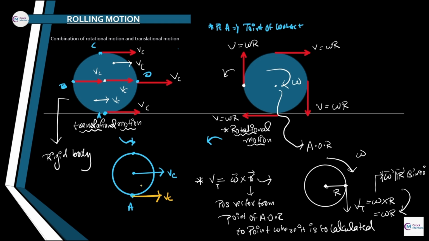Now it is equal to VC, which I have marked with yellow color, and let me choose a different color as well. Now I have chosen white, and there is a velocity which is equal to omega r. This is the simplest thing of rolling motion, that it is the combination of both. Just overlap the velocities and every characteristic of translational motion and rotational motion into one thing, then we get the rolling motion.